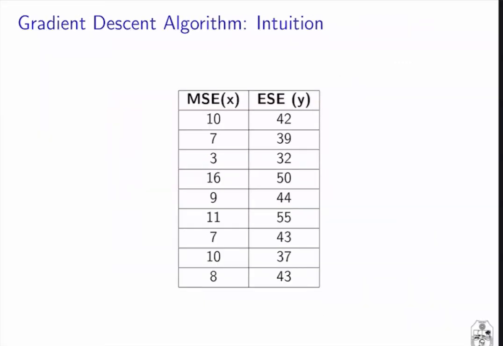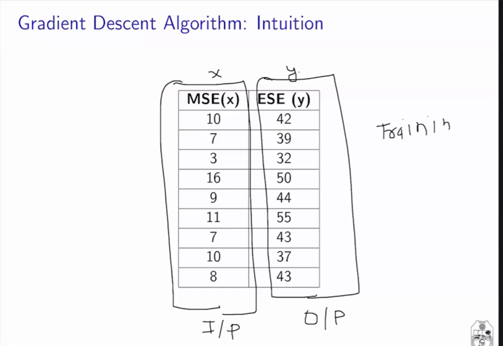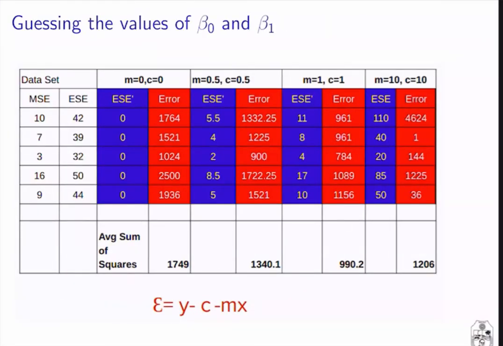Now here I am referring to the mid-semester examination marks as X and the end semester examination marks as Y. So this is my X vector and this is my Y vector. This is my input and this is my output. This is also the training data set that I am using to explain the working of the gradient descent algorithm. Here in all there are 9 entries in my data set. So this is a small and simple data set.